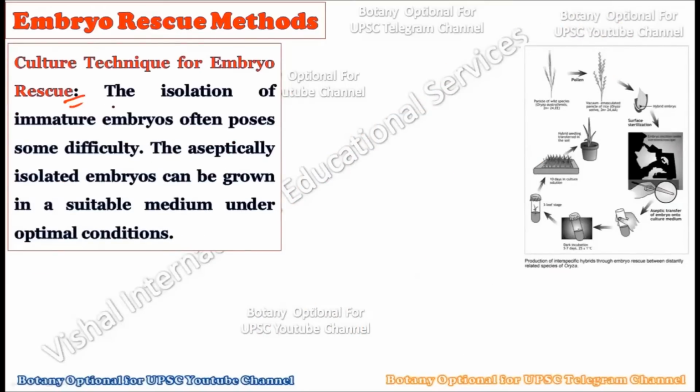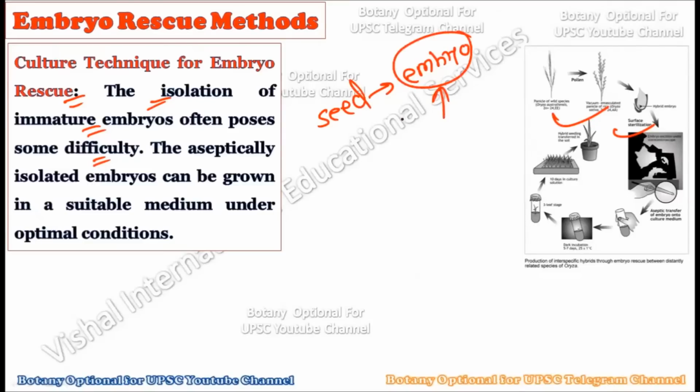Okay, how we can culture it, you already know the plant tissue culture method, so we don't have to go into the details, right? See, the isolation of the immature embryo often poses some difficulty. It is not a very easy technique in which the seed will give out its embryo. It is a very sophisticated technique, and it is always done by professionals, because it is not easy to extract the embryos from the